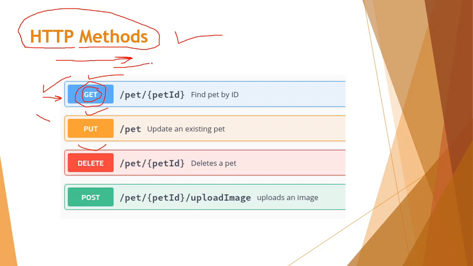GET is simple. If you need to read an item, you will send a GET request. If you would like to update an existing item, like if you open the Amazon website and want to modify an item in a cart window, you will use PUT. And DELETE simply means delete. To delete an item, we will use DELETE.